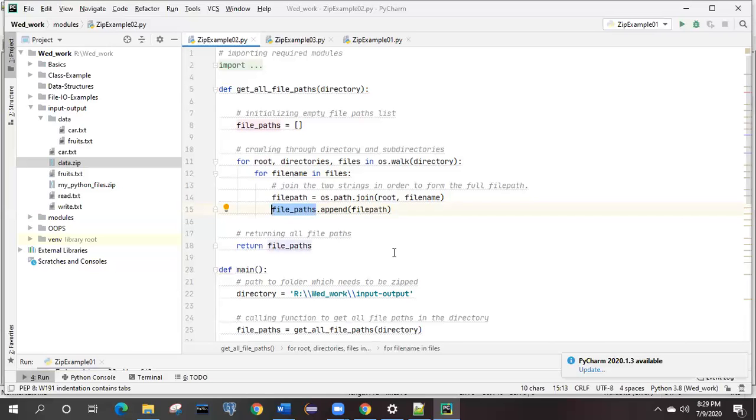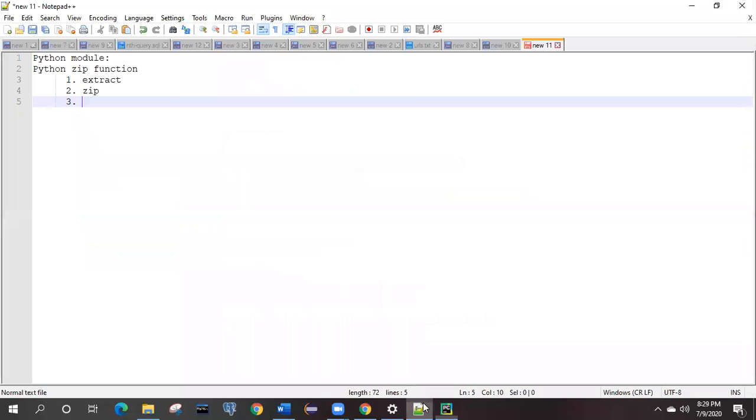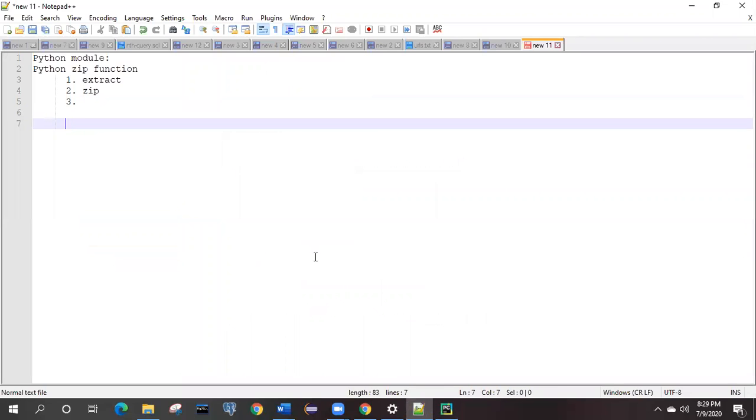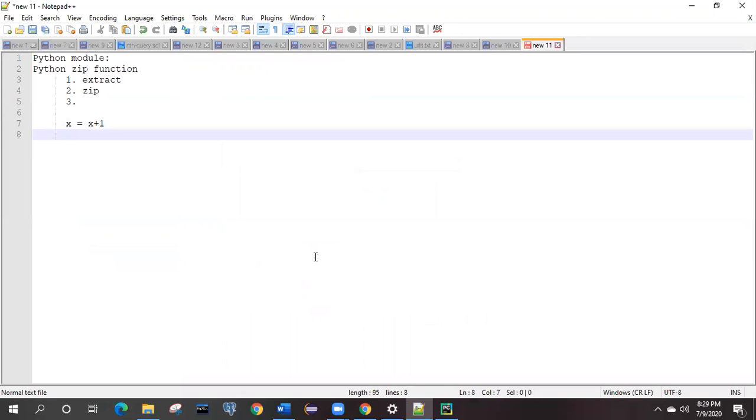It is like x plus something, again x plus something. We have seen the example x plus equal to i, it means x equal to x plus i, right? The same manner it is working. x equal to x plus 1 is the same as x plus equal to 1, right? It is a compressed form. So again and n number of times this will execute inside a particular loop, all the values one by one are going to be added into this x only.